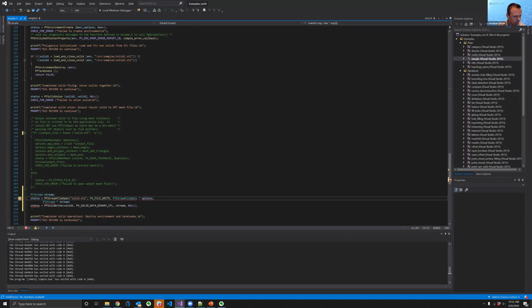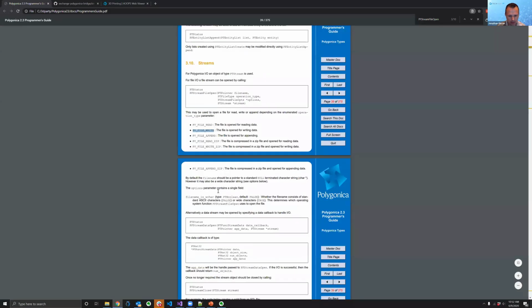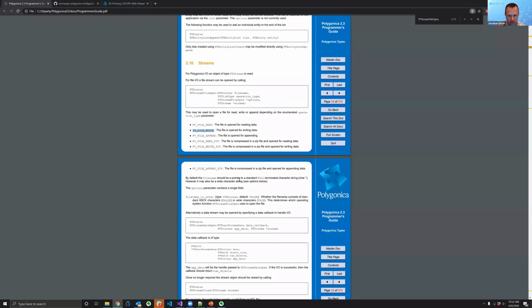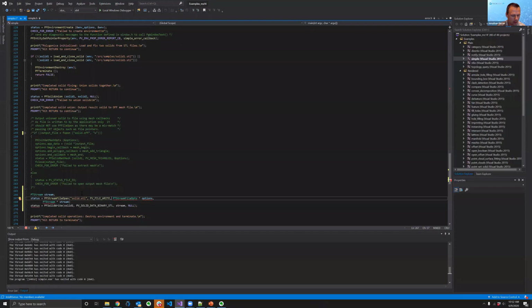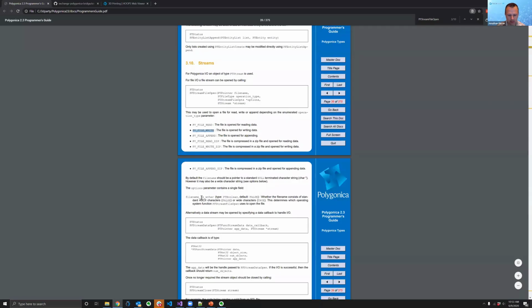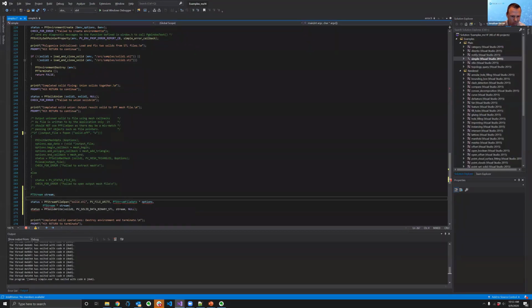Some options. Let's see what we got for options here. Contains a single field, file name. All right, so it does look like we need to create some options. Let's do that for safety, but it also defaults, it just is telling me to use wide character. I haven't tried it with a null. Guess we could. Let's just do that. We're going to give it options